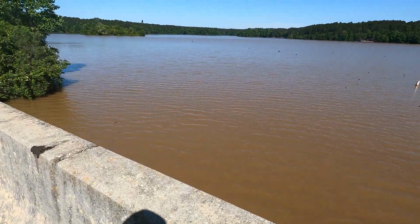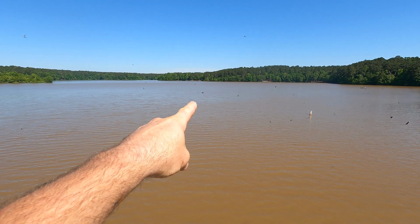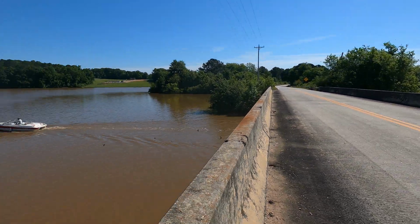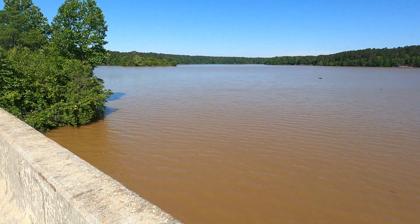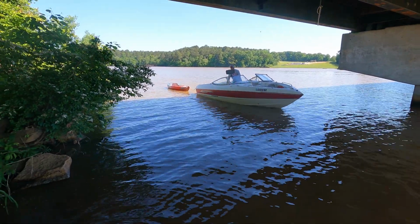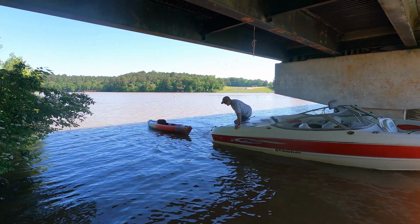So if you ever kayak over to a bridge and get out, make sure it's secure, because yeah, there's my ship out there. This kind gentleman right here, he's seen it from way out here, and he came over and asked me if it was mine. He's gonna go get it for me, so it's really awesome of him. I'm kind of hoping my paddle's still around too, but I appreciate you, man. I just thought I saw you up there, and then I was like, oh, there's somebody, wait a second, that's...